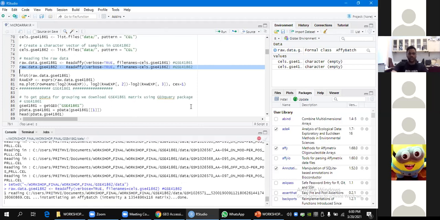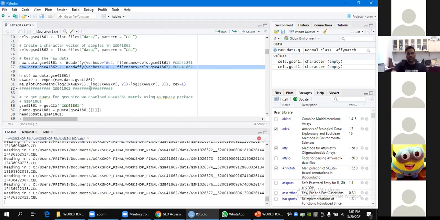We'll be doing the same for the second data set also. The first data set has been done.